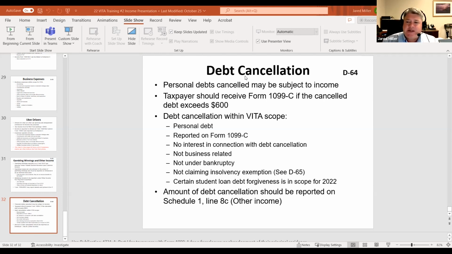But do want to open it up in case anyone else has any questions with our information today. Hopefully, we're going to take a look at the majority of income areas that you're probably going to see within VITA. Again, this session, a little less of having to make determinations of things like filing status and dependency, but do want to kind of point out a couple of things we might be running into, not only for the season, but also to kind of get you ready for that certification exam as well. So feel free, if you have any questions, feel free to unmute or send a question in the chat, and be happy to hang around for a bit and see what kind of questions people may have.